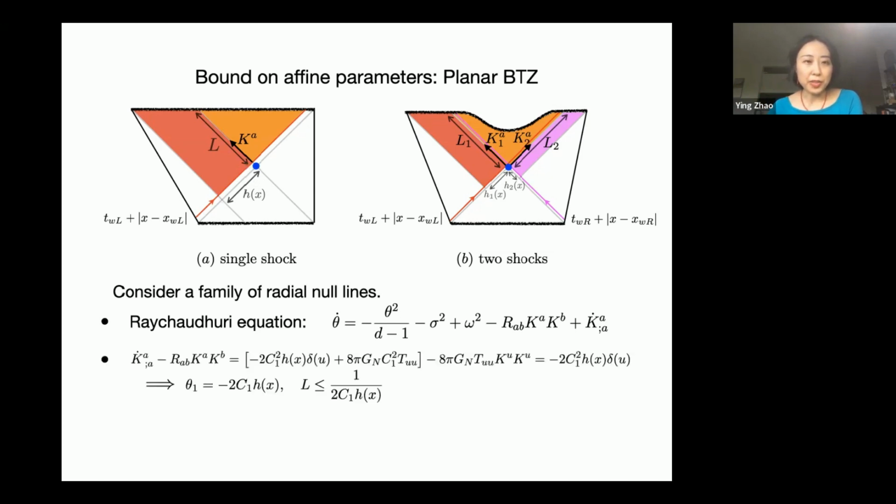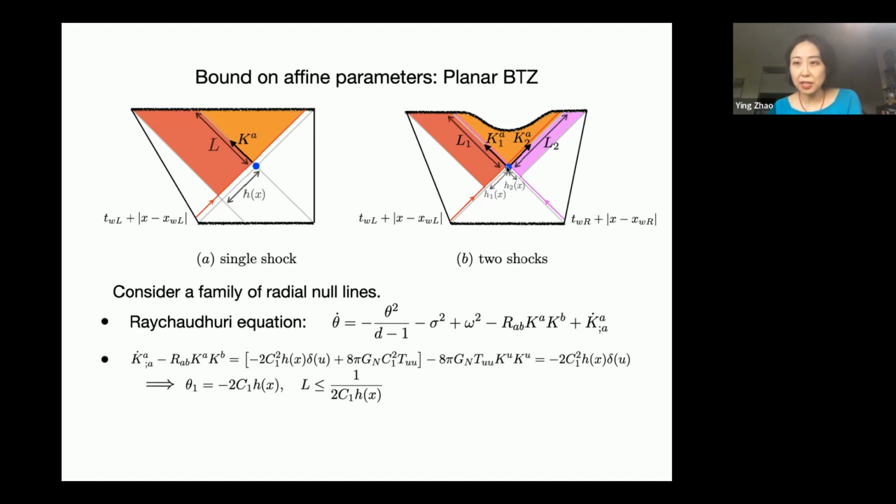And from the amount of expansion, you can estimate the proper time to the singularity after the shock wave comes in. But you may immediately have objections, because this proper time is a null proper time. It won't have any meaning. You are right. So what's meaningful is this: when you have two shock waves, this proper time depends